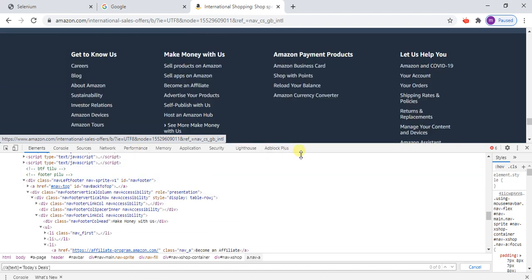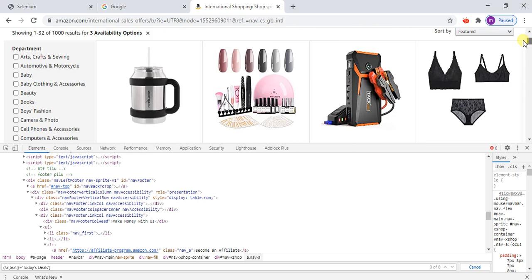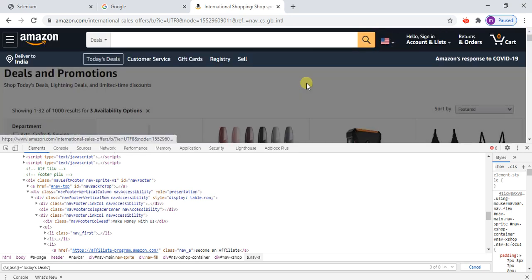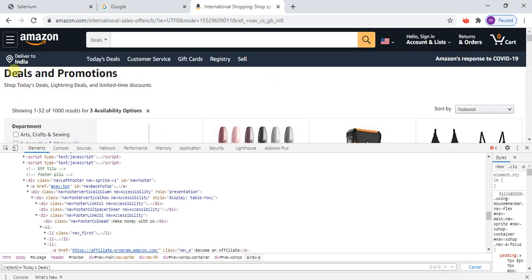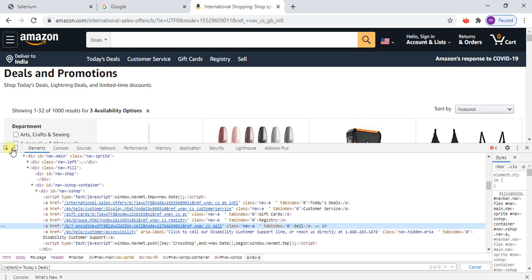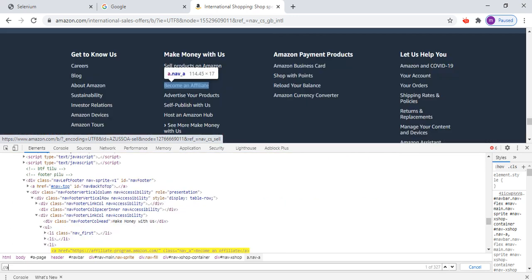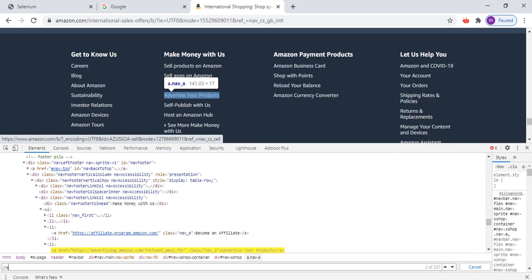It is not identifying. Let me show you one more example. There are 337 A tags available.